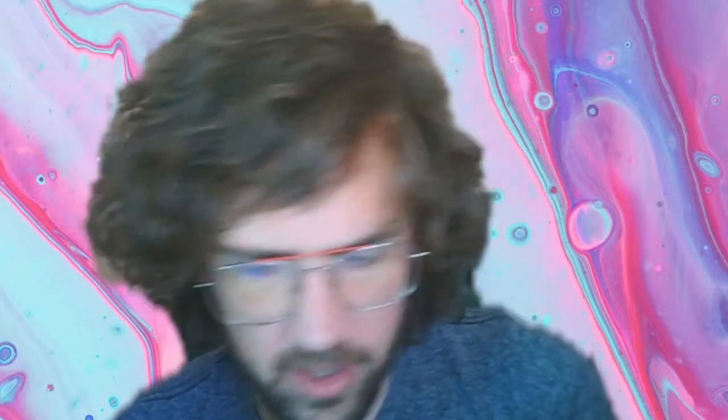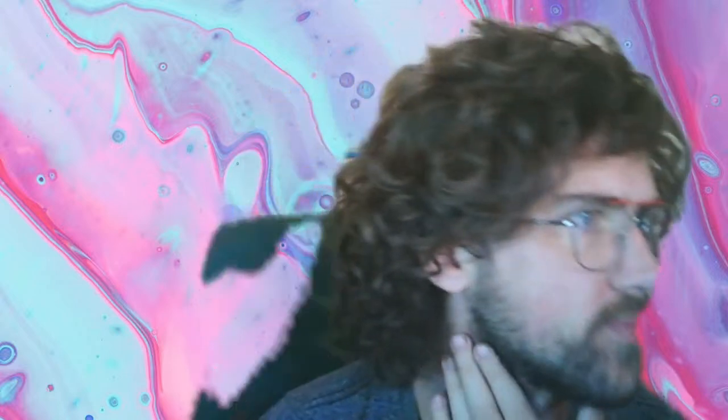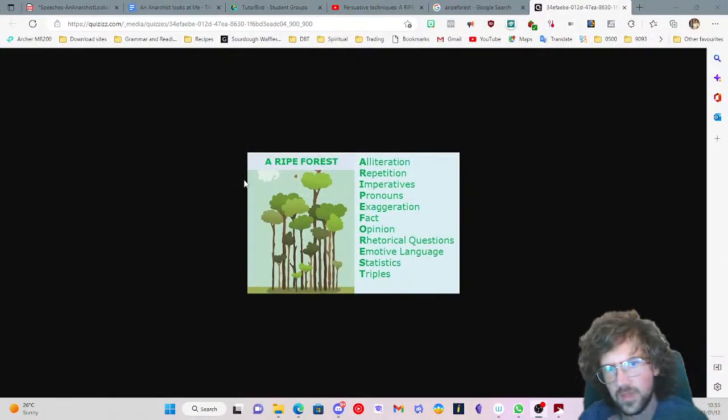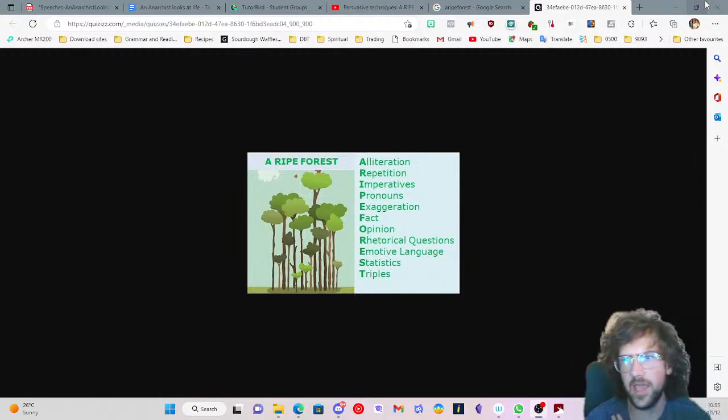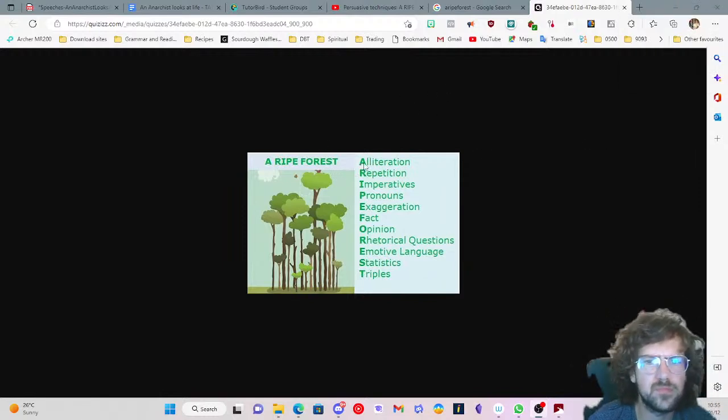I'm just going to copy this image and paste it in the chat. That's probably the easiest way. Open image in a new tab. Okay, it's actually very small. Okay, I've pasted an image in the chat, and I'm also about to share my screen. Okay. So, a ripe forest. Okay. So,